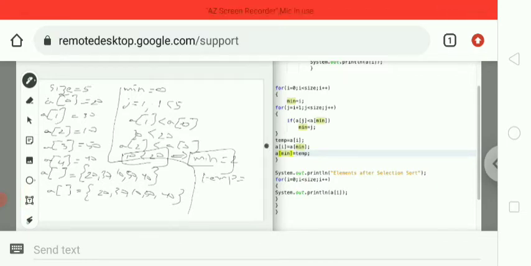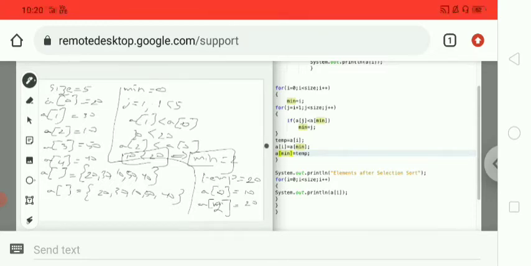So a of 0 means 20. After that, in a of 0, the a of min value will be assigned. So min equal to 2, that means a of 2 value is 10. So the 10 value will be assigned to a of 0. After that, in a of min, that means in a of 2, the temp value, that means 20, will be swapped.